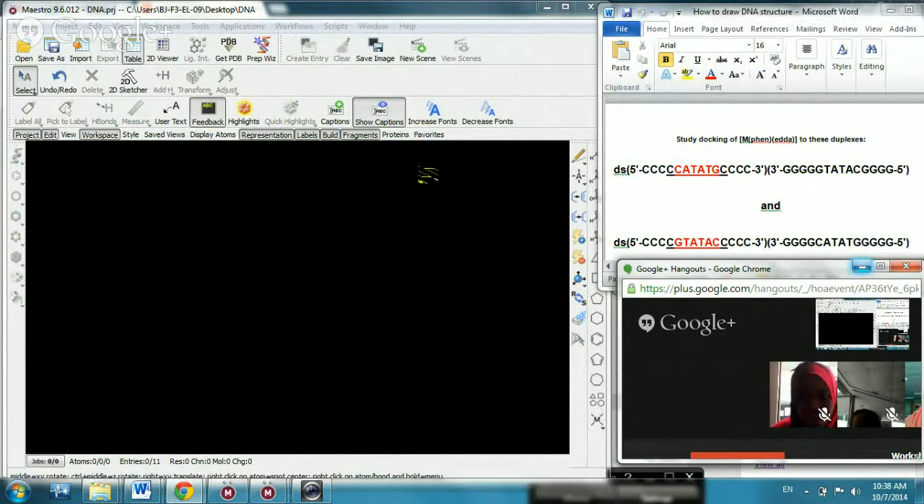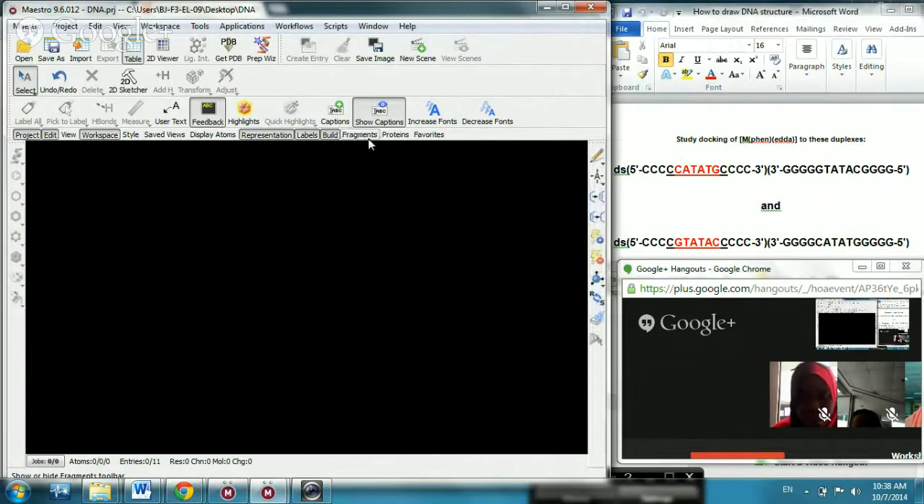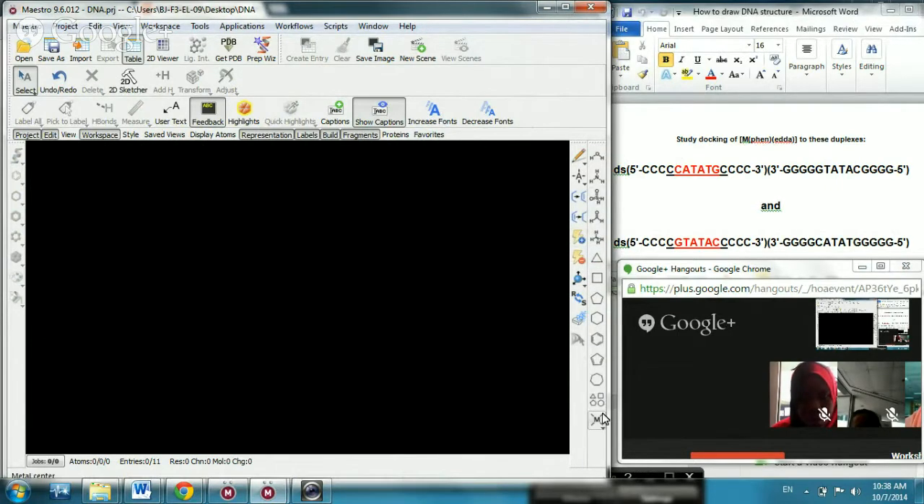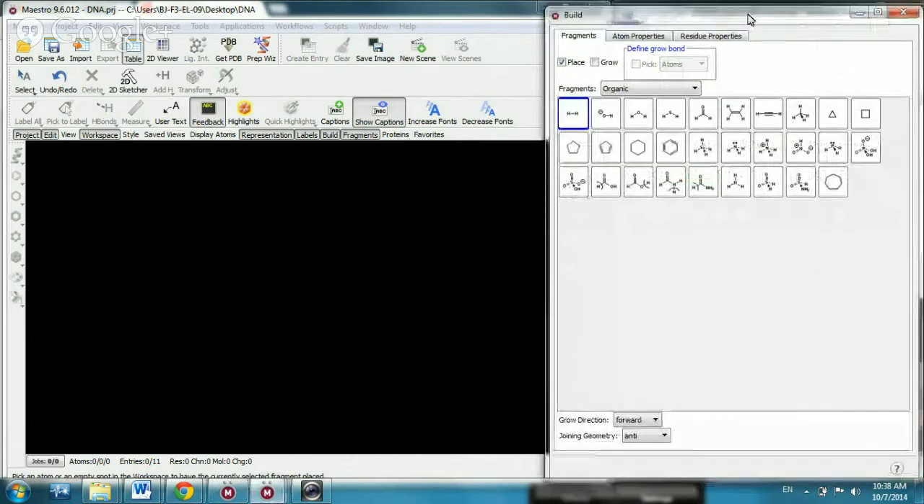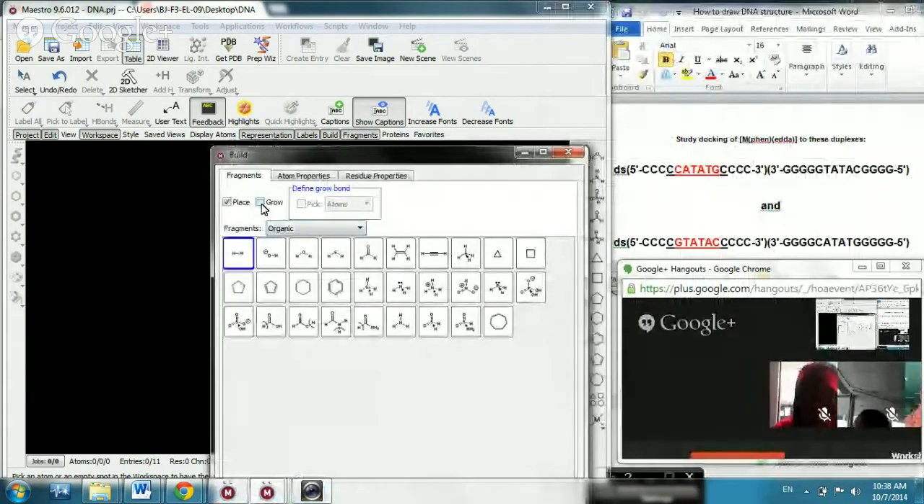How we do? You can see for drawing this, we need the template which is there under fragment here. So when you click the option fragment, it will open up a lot of fragments and then go to the second last option, which is again known as fragments. When you click that, under this you can see there are several options. All right, first of all you need to click grow,